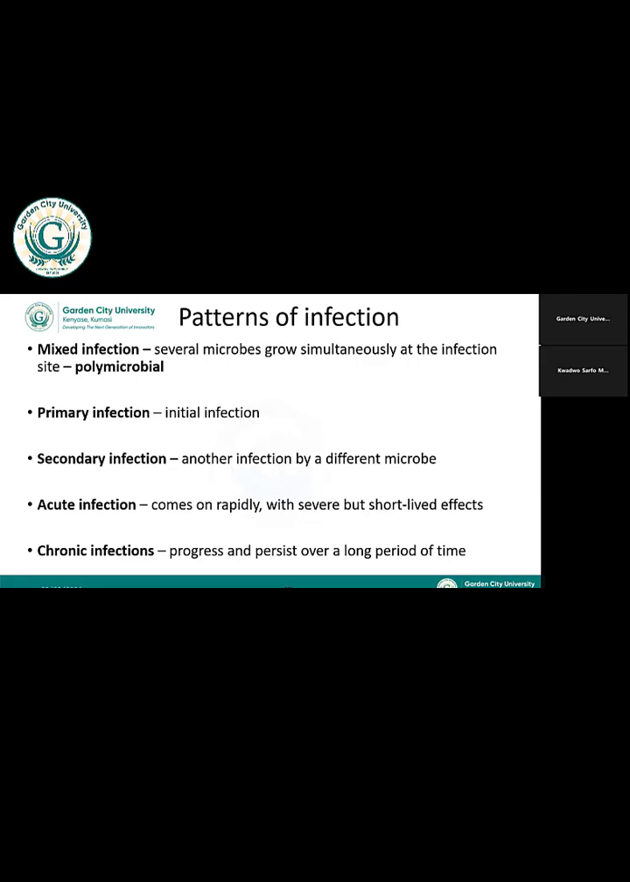It can be polymicrobial when there are many, so more than 3, polymicrobial. Sometimes you can have a mixed infection where one organism or one pathogen,